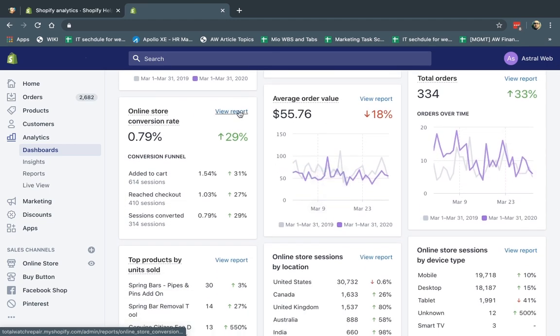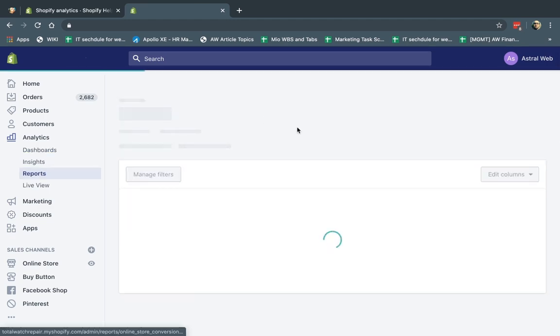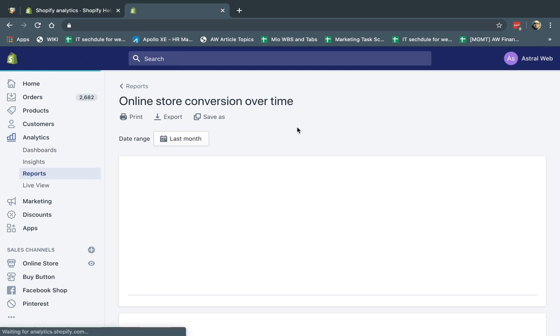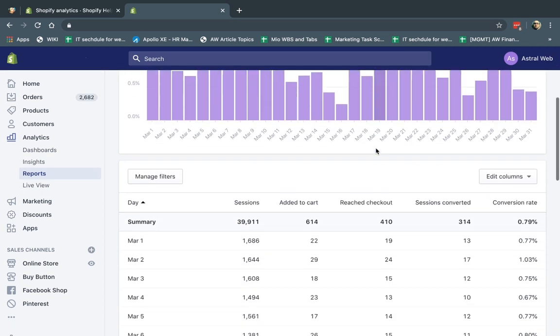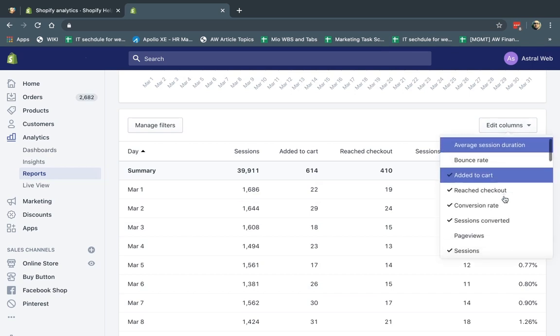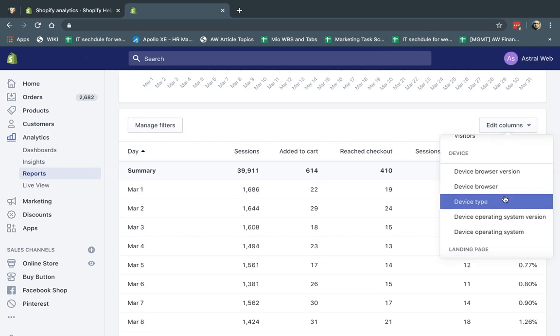So let's show you an example. I'm going to click here, view report. I'm going to do two things. I'm going to change this report, but I'm going to keep this report as is, and I'm going to save this as a different thing. Okay. So I'm going to go here first of all, and I want to add columns, right? I can view my columns. I can view what other data I can get as columns here.